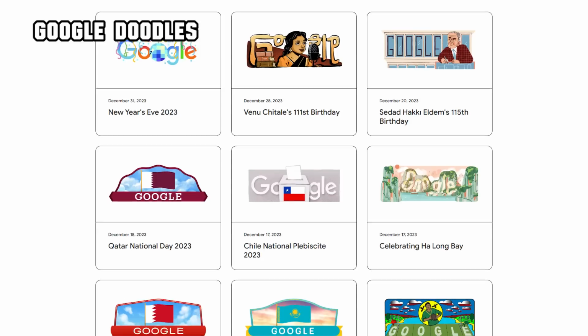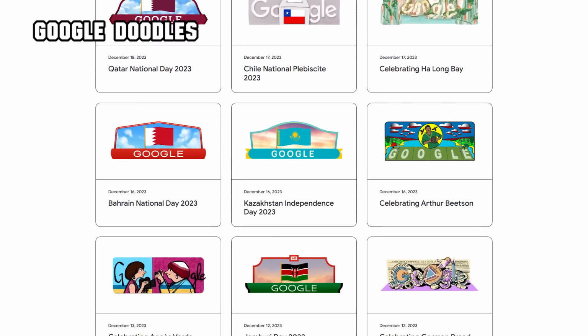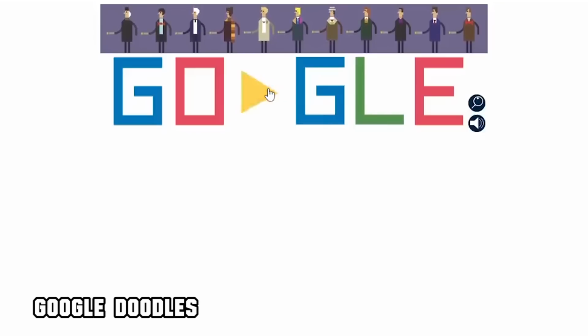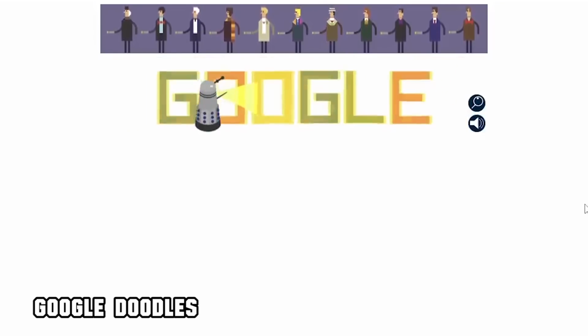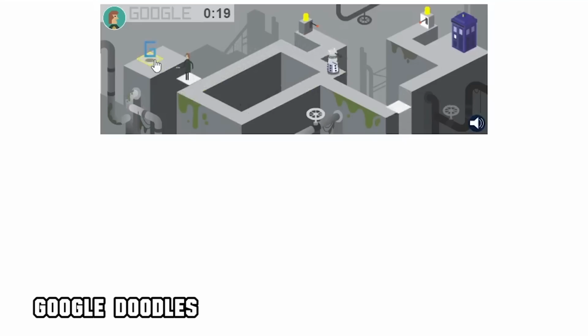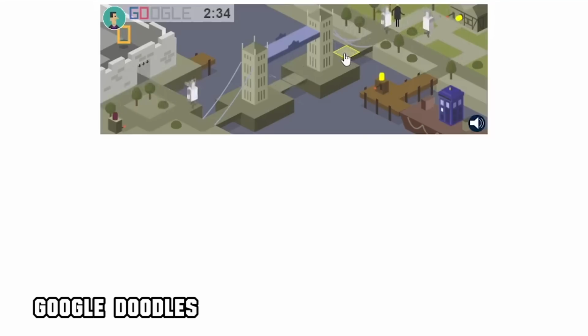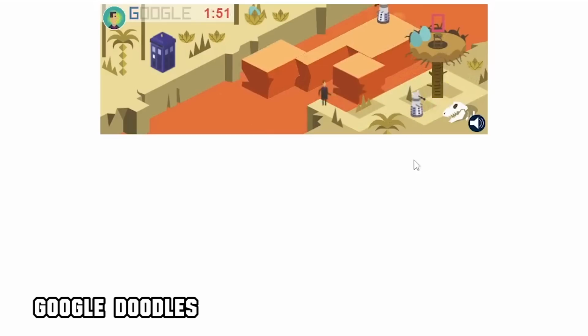Lastly, for this first tier of the iceberg, we have Google Doodles. These are a regular fixture of the Google search homepage, creating a unique look for the site and also allowing visitors to play little games or complete puzzles as part of a clickable Easter egg. For Doctor Who's 50th anniversary in 2013, there was an official Google Doodle which allowed you to access a short isometric game where you play as the Doctor collecting the letters of the word Google across a number of levels featuring iconic Doctor Who enemies. Upon death, you would regenerate into the next incarnation until you ran out of Doctors. As of this video, the game is still fully accessible and playable, and I highly recommend giving it a go.